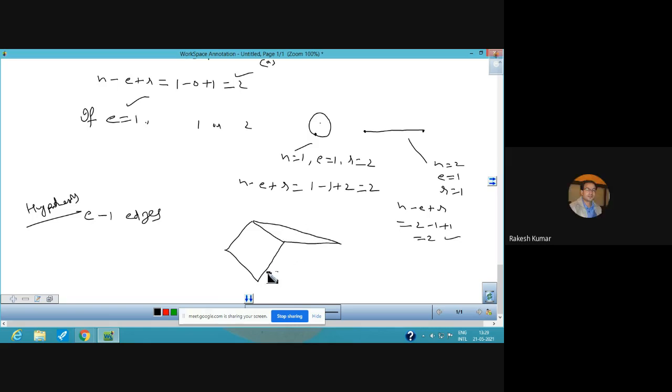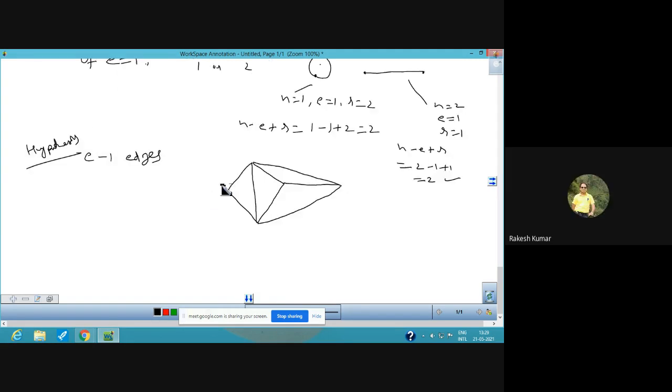You just see. This is the graph we are taking. Now, in the graph, we have vertices V1, V2, V3, V4, and V5. And you can clearly count the number of edges. The number of edges is also clear. Now you just see,